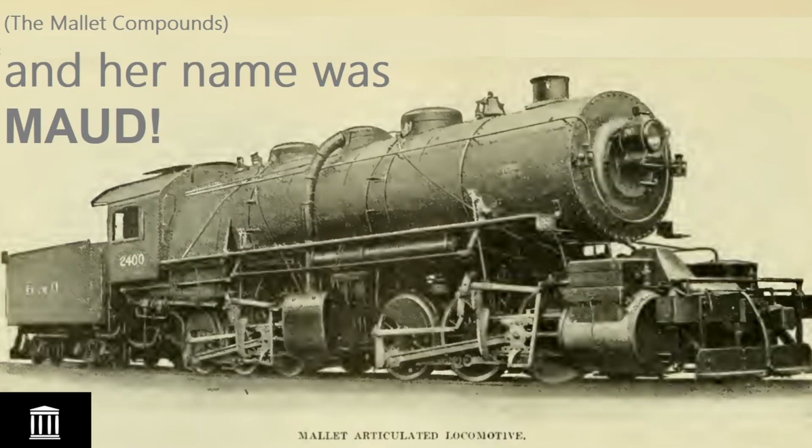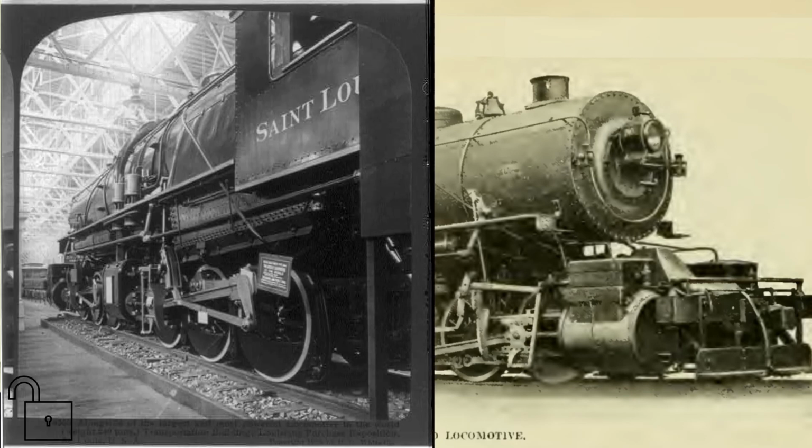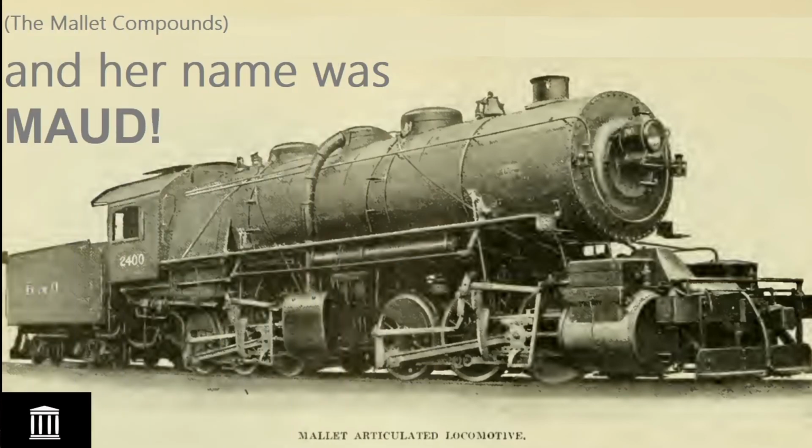In 1904, Maud rolls onto the scene. It is 100% adhesion. It has a shallow firebox and a standard boiler. Now granted, Maud did spend her first few months of existence on display in St. Louis, but even so, it's still a surprise that it took until 1906 for other roads to embrace the articulated